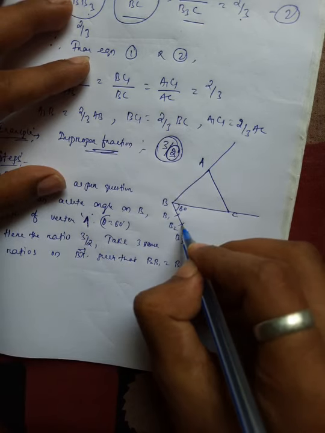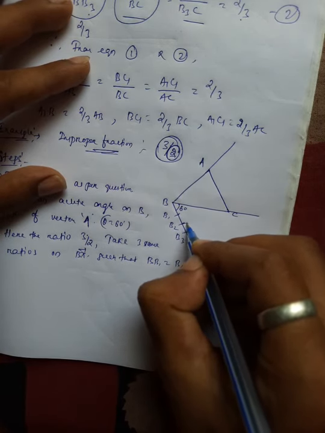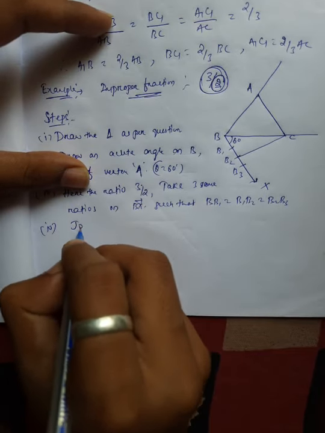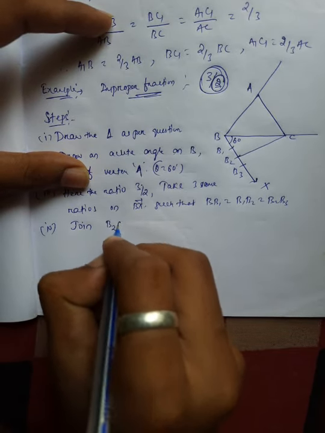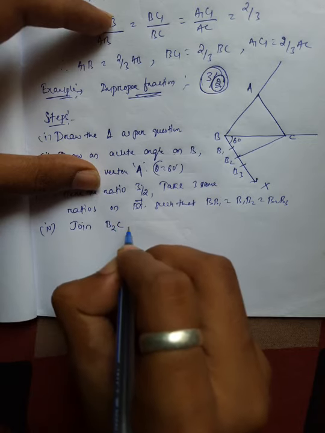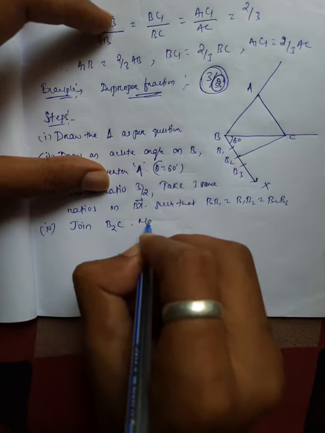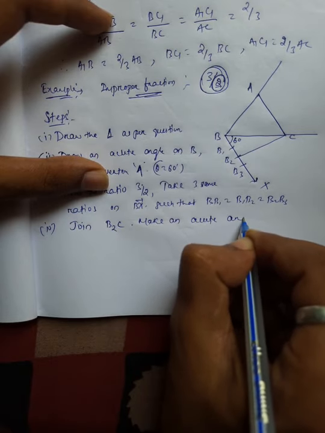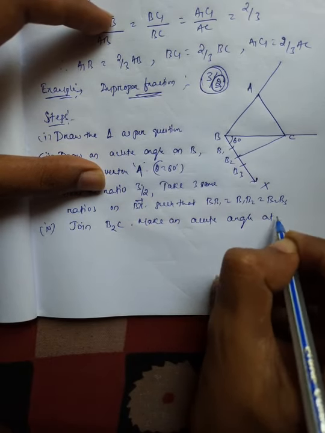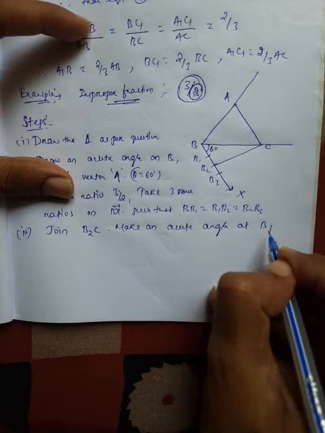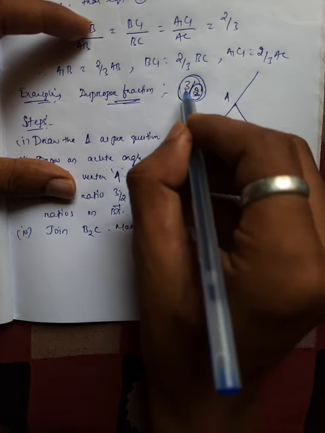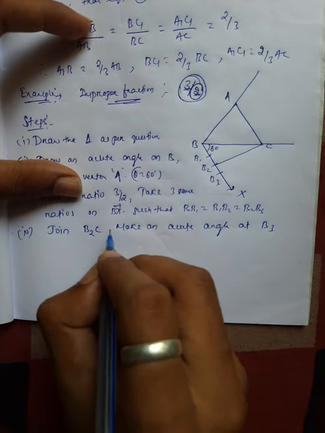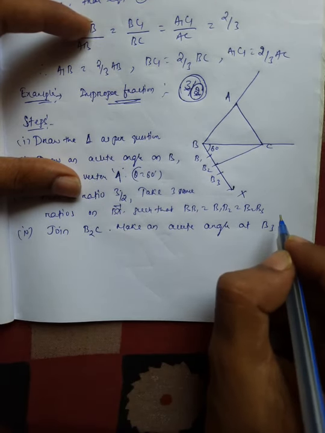Then B2. Now I will join B2 to C. Then make an acute angle at where? At B3, because we have dropped 2, now the turn is 3. Join B2 to C, make an acute angle at B3